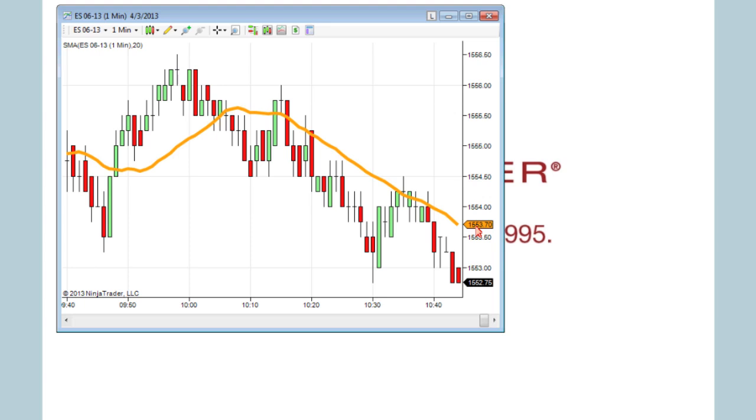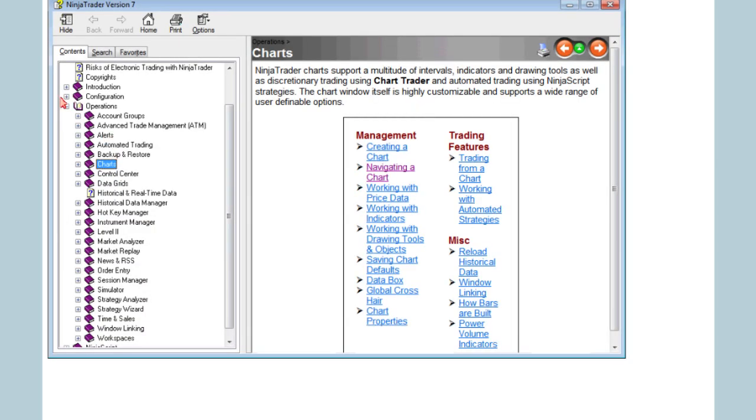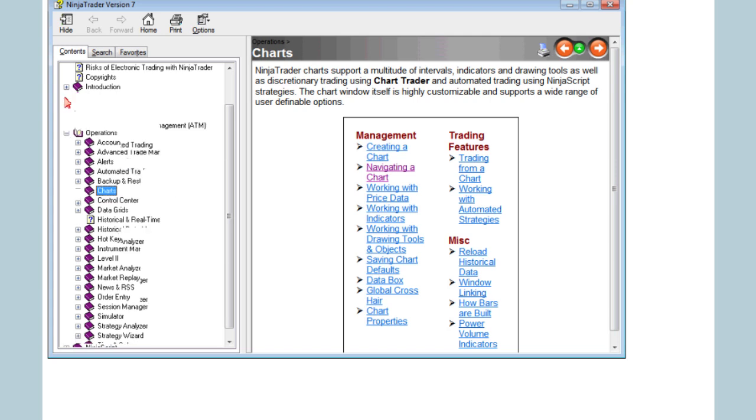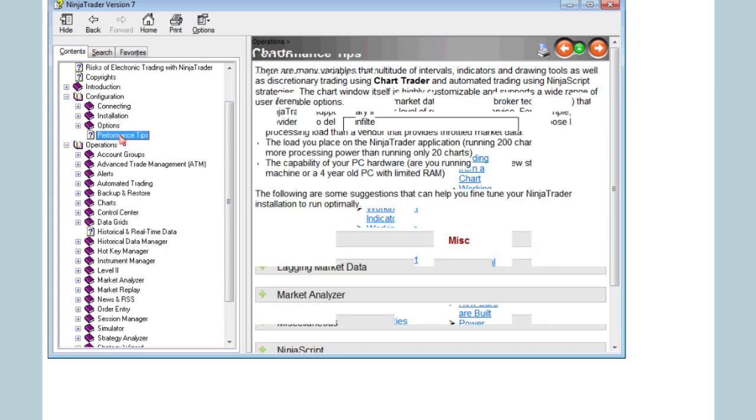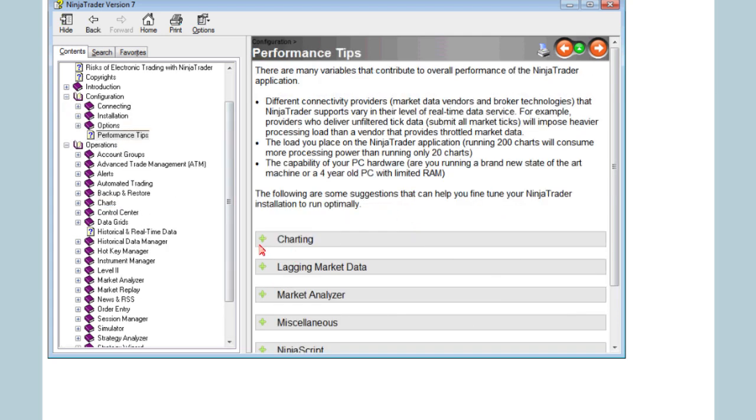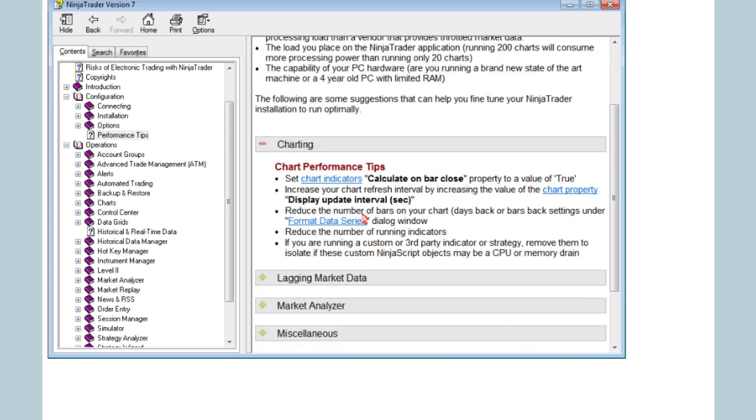So keep that in mind as you're trying to preserve PC performance. If you have questions on PC performance, there's actually a great article with some items to cover. When you press the F1 key on your keyboard, go up to your configuration, and right there is performance tips. If we take a look at charting, some of those items I've already mentioned, you have your calculate on bar close,